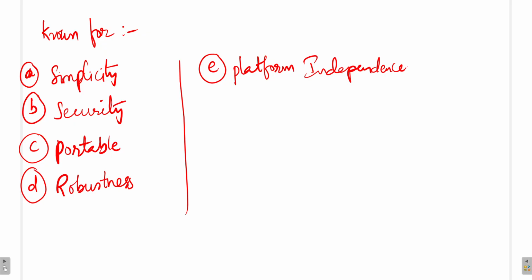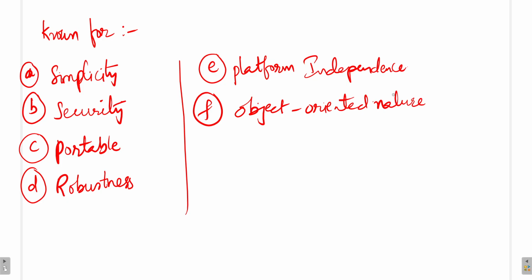That's why we can call a Java application platform independent. And the last one is the object oriented feature it exhibits. So these are all the specialties of Java.